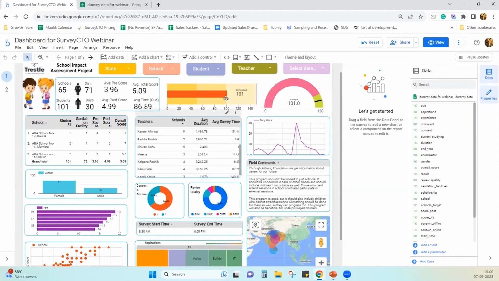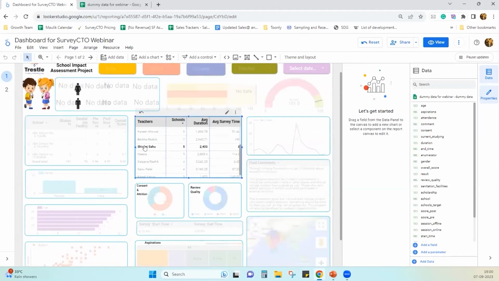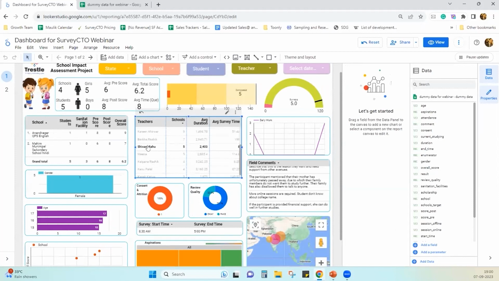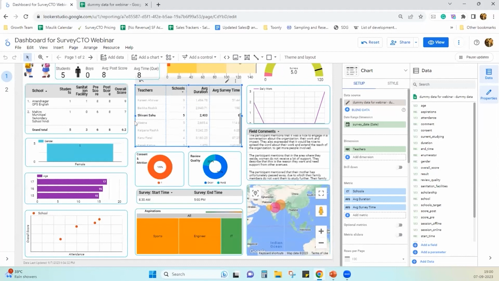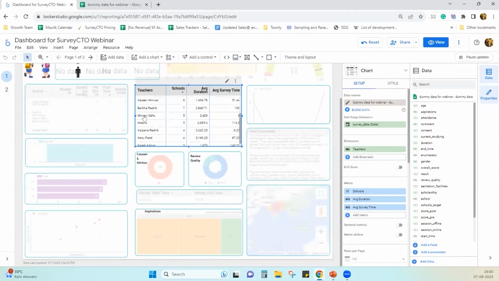So in just one click, you are able to see everything in front of you. I have tried to keep most of the charts here to give a feeling of how this looks. So you can take data-driven decisions with the help of just one click.